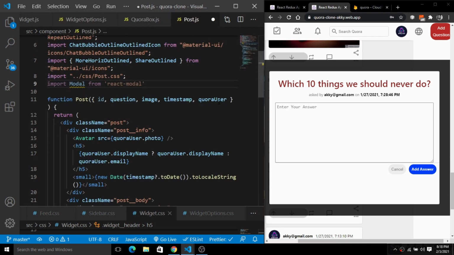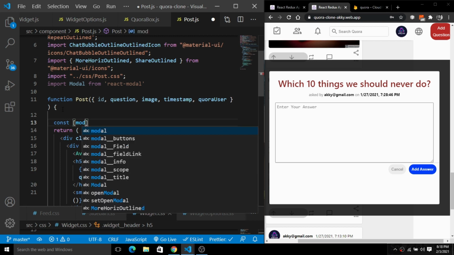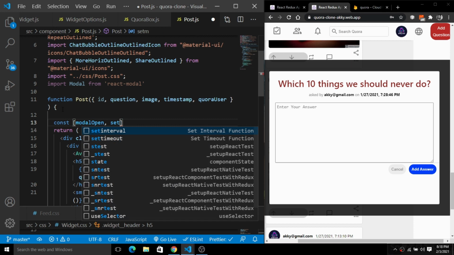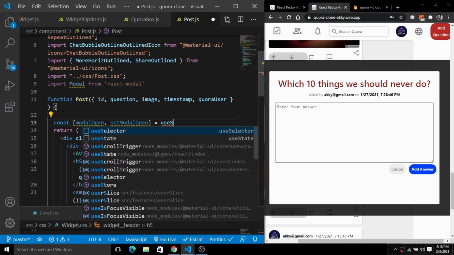Here we will create a state for the modal. So we have this isModalOpen and setIsModalOpen. Initially it will be a boolean of false.